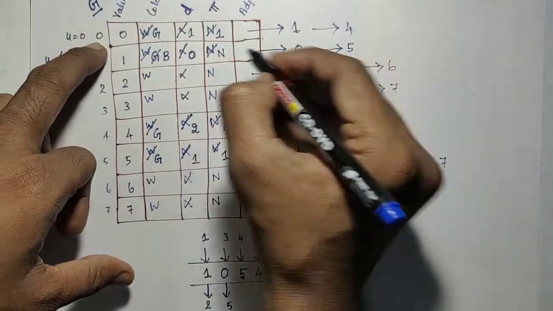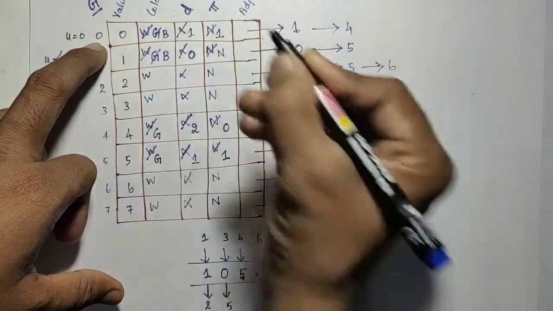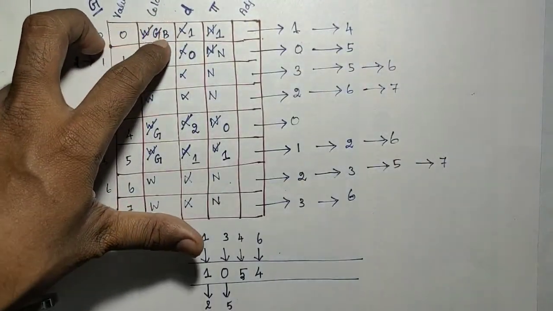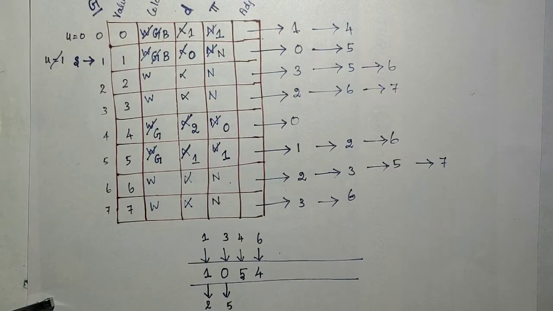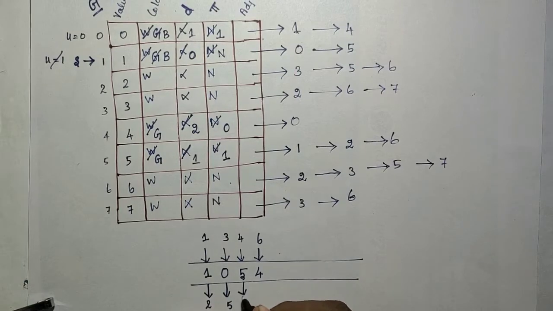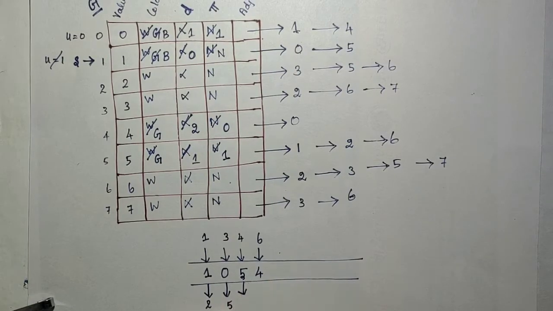We have inserted, and 1 and 4 are completed. Once that is completed, I need to change the color to black. So that iteration is over. Once you change the color, that iteration is over. Next, go for the dequeue operation. Again you check that Q is not empty, so dequeue an element. The next dequeued element is 5. So that is the seventh queue operation. We have dequeued that 5.